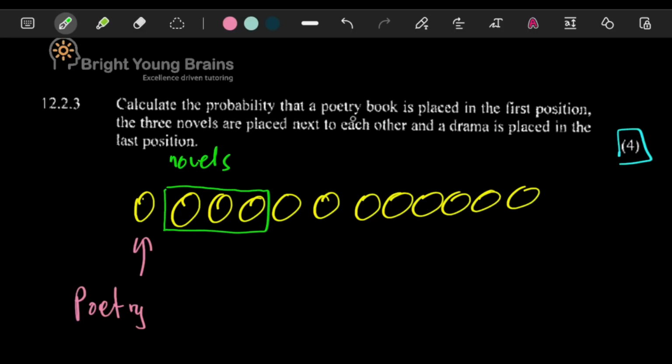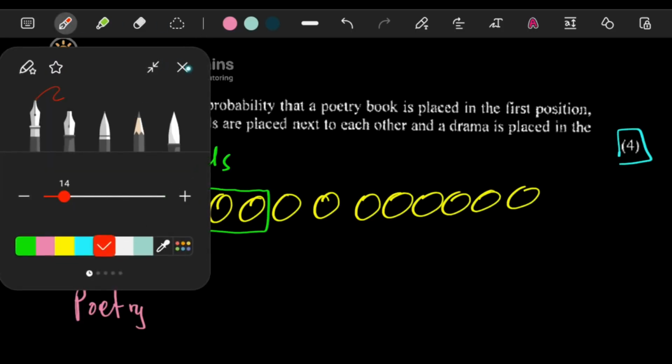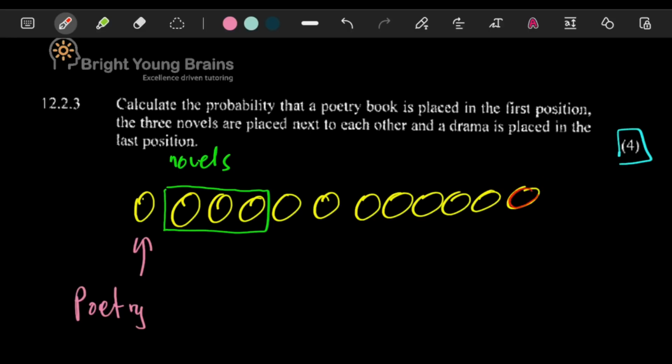They said here, a poetry book is placed in the first position, check. The 3 novels are placed next to each other, check. And a drama is placed in the last position. So in the last position, they want you to put a drama book. So these are the 3 conditions. What you want to recognize is, firstly,